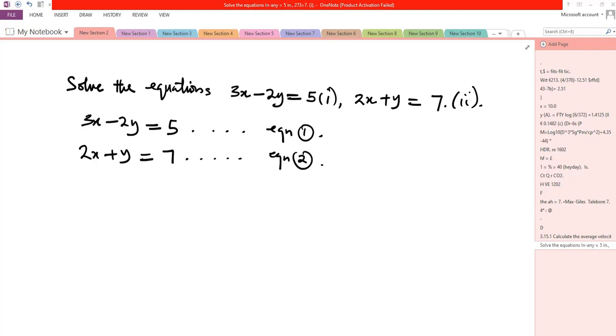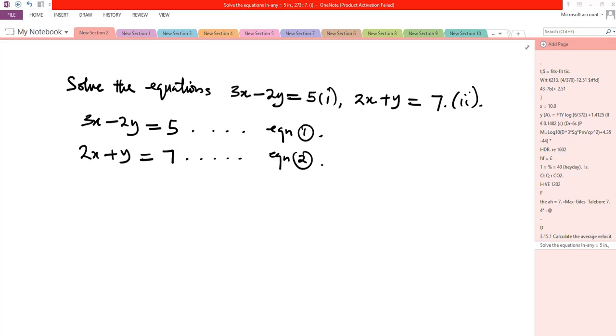Solving the equations 3x minus 2y equals 5, and 2x plus y equals 7. So equation 1 and equation 2. Now the best method to solve this problem is by using